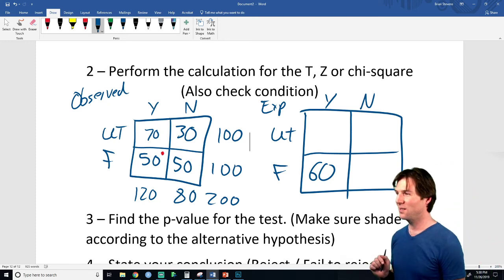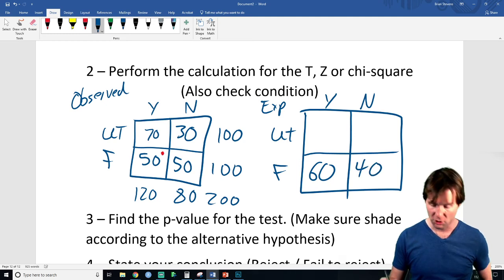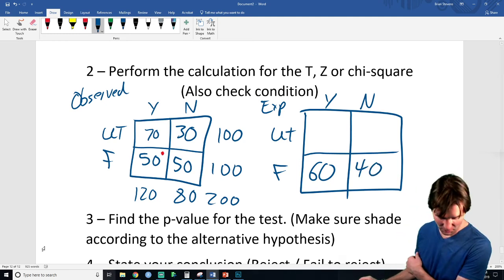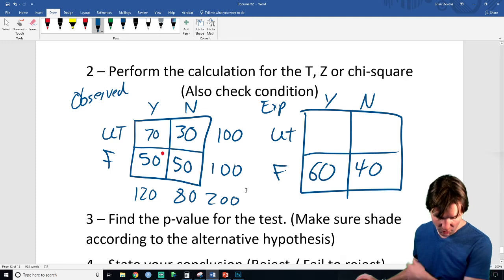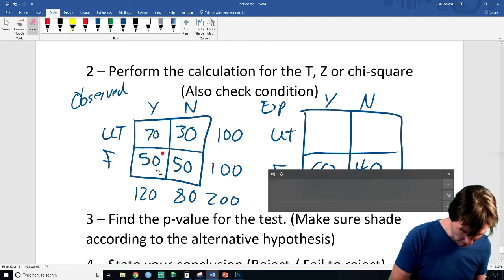But do you know what's interesting? I can tell you that Florida no is going to be 40. It should be. Hopefully it is, or else I've done something incorrect. Let's check. You should be saying to me, Brian, the formula for that one is going to be, I'm trying